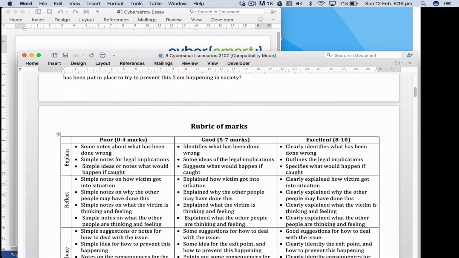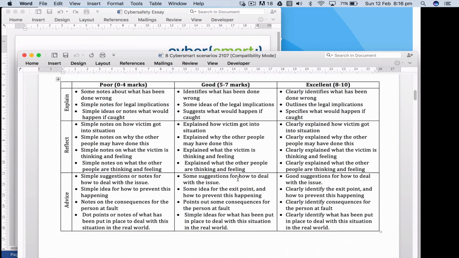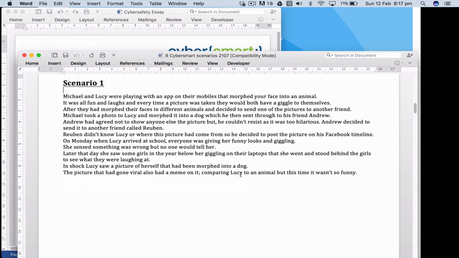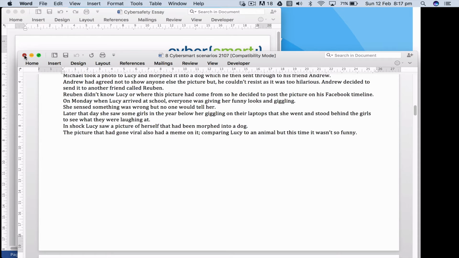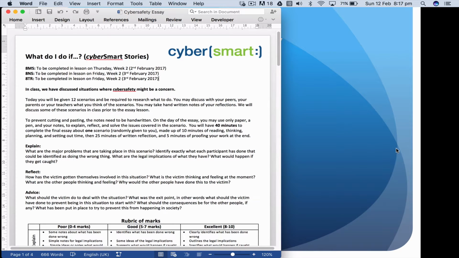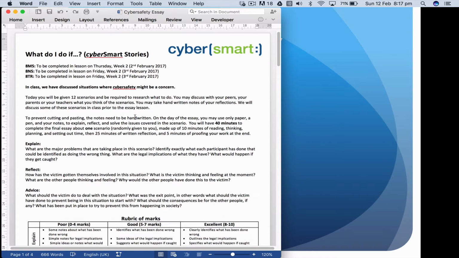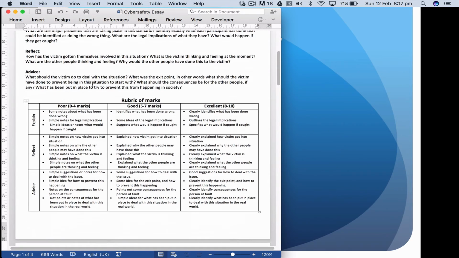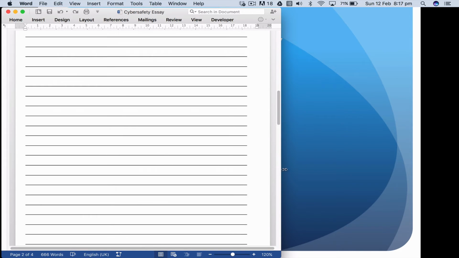So here is my marking strategy. I'll give my students a rubric so I can decide exactly how they're going to get marked. And then I've got here the list of the different scenarios. I'm happy to share that with everybody. It will be in your documents to start off with. This is how I hand it out. I hand it out as an A3 double-sided. So it's got the information here and then the rubric and then lots of space to write, and I hand them the essay.